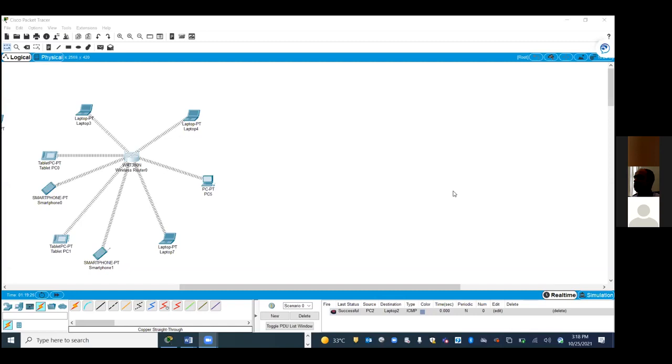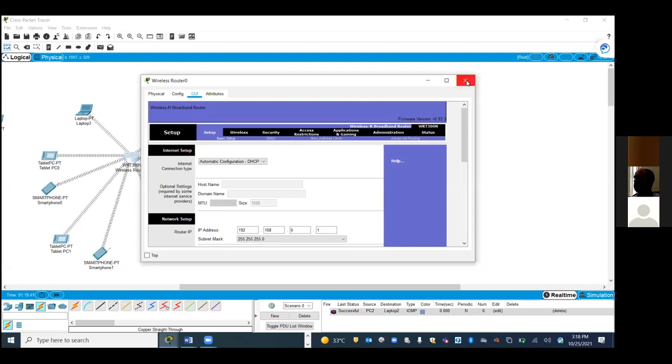So we have learned how to connect the Wi-Fi, right? So how did you configure the Wi-Fi? You went to the graphical user interface. Okay, we learned how to connect the Wi-Fi, right? So how did you configure it? You went into the router and, no, how did you configure? You double click on it, right? Then